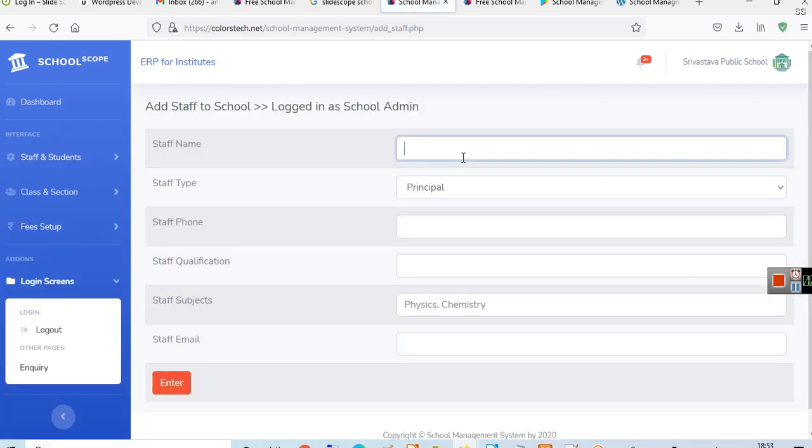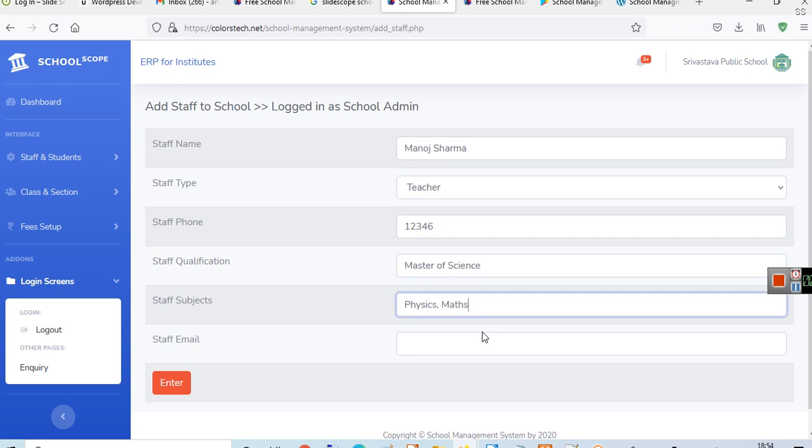So let's say the name of the staff is Manoj Sharma and the staff type is teacher. Phone is 123456. Staff qualification is, let's say, Master of Science. This is the highest qualification of this particular staff, and this teacher teaches physics, maths.